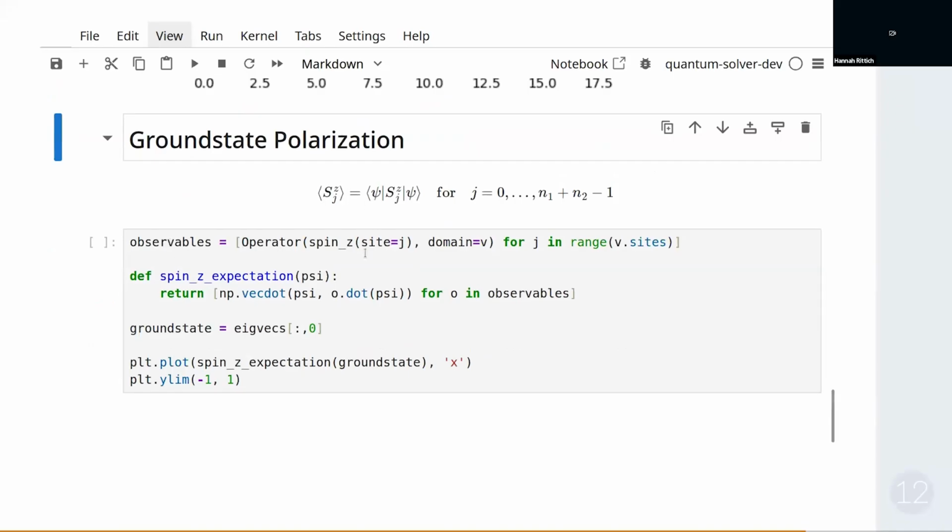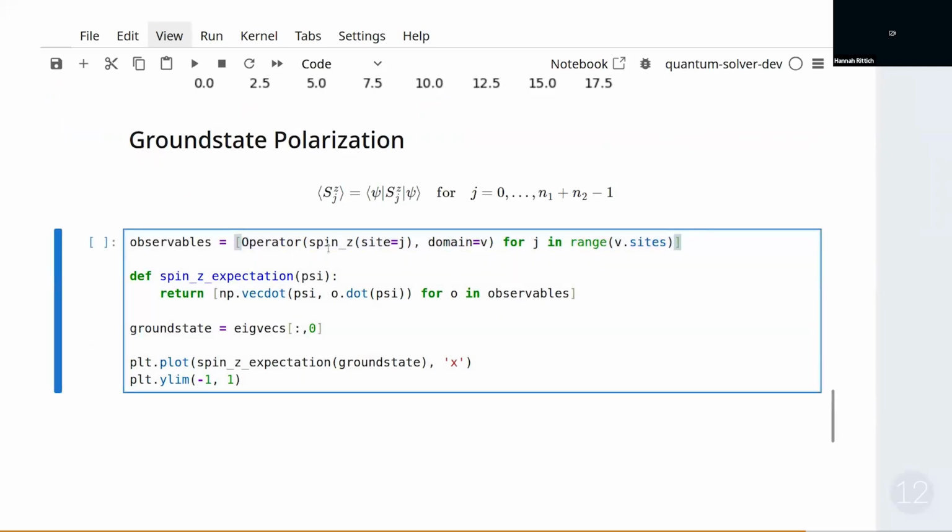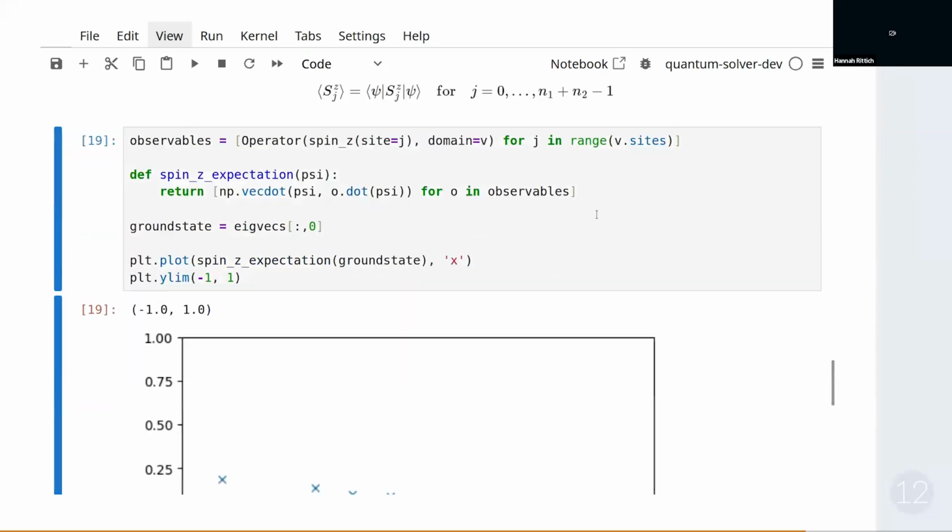And I've already prepared the code here for time reasons. So what this does here is compute the list of observables that we want to have. We want to have the spin z at side j for all sides in the range of 0 to number of sides minus 1. For each of those, we construct the operator, and then we essentially just implement this function. So we take the scalar product of a wave function times applying the observable to the same wave function for all observables. And then if we take the ground state and call this function for the ground state, we actually